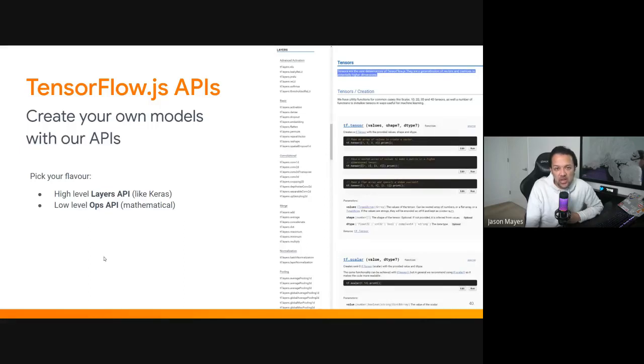In fact, if you do know that, you'll be very much at home with the layers API in JavaScript. We've also got an ops API, which is the more mathematical version of the API, which allows you to change all the linear algebra and things that are going on behind the scenes, should you want to make more high-level things in the future that don't exist yet, or maybe your own custom model architectures and this kind of stuff. So, you've got both options depending how skilled you are at machine learning.